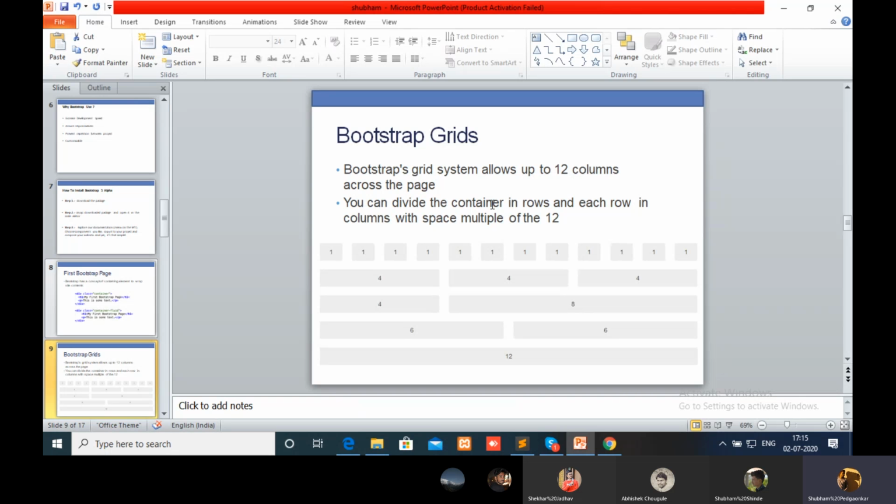There are no changes, but they enhanced it. Let me quickly review the grid system in Bootstrap. Bootstrap contains 12 columns, and you can divide the container in a row into columns with a span that adds up to 12.